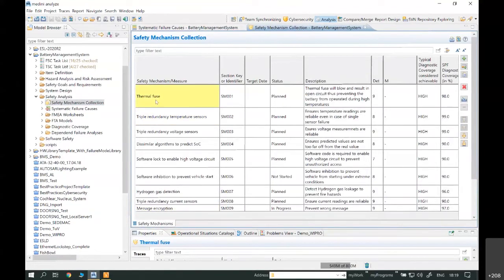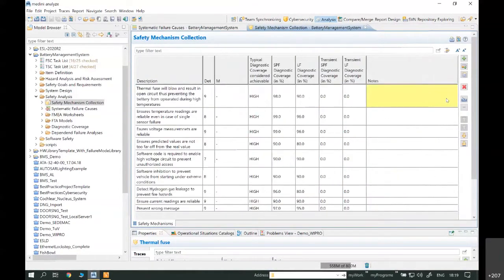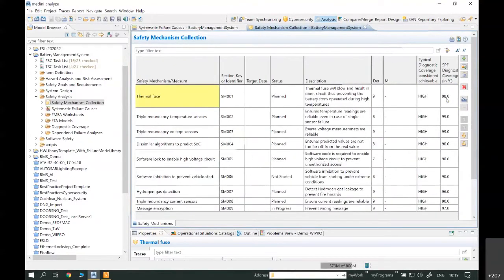For example, like thermal fuse. This thermal fuse will blow and result in open circuit, thus preventing the battery from operating during high temperatures. So that's quite efficient for me as far as my detection is concerned. I also provide the information about what is the confidence for the typical diagnostic coverage, what is my SPF coverage, what is my LPF coverage that can be provided from this mechanism. So this is something that I'm going to use in the future when I start developing my FMEA